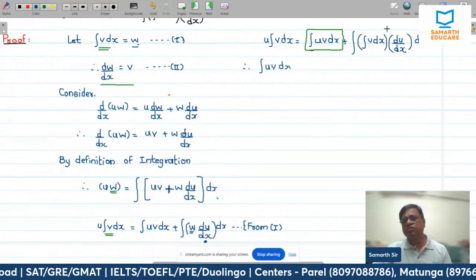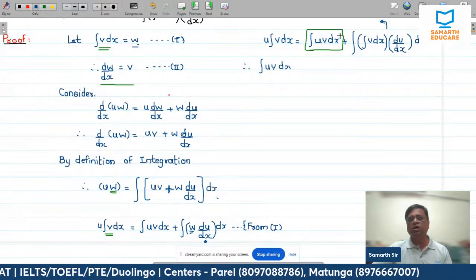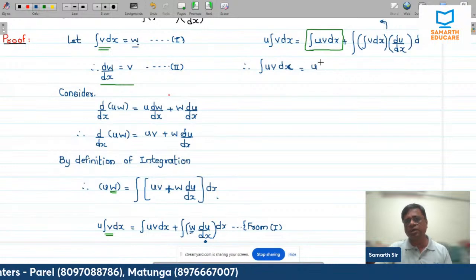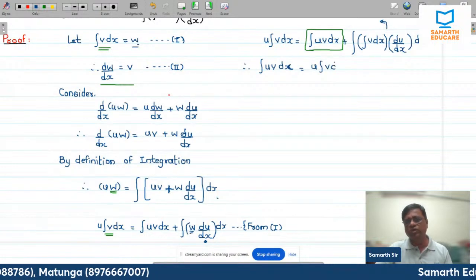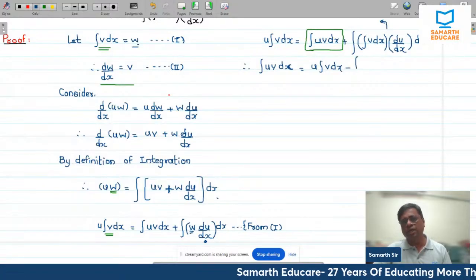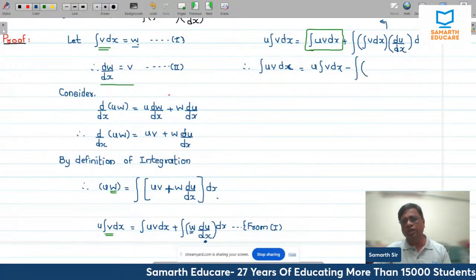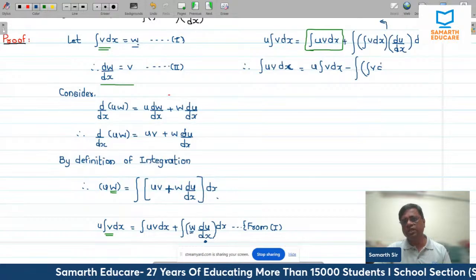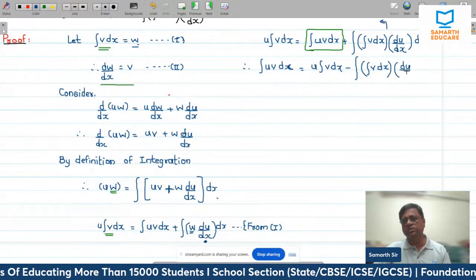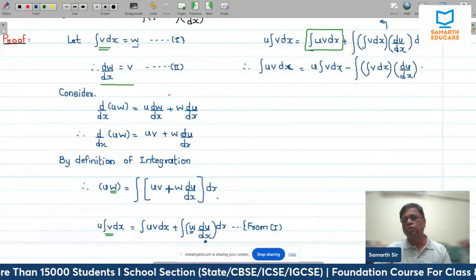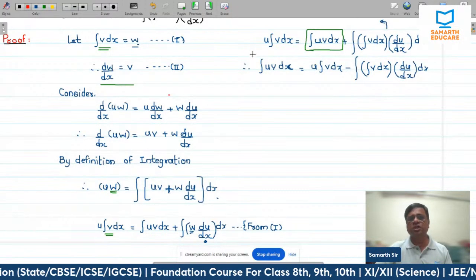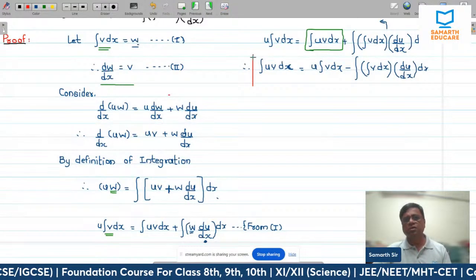That means we are shifting this to the left hand side so that it becomes minus. On the left hand side there is already a term u integration v dx, which is already on the left hand side, and we bring this as minus integration of integration v dx into du by dx into dx, that is with respect to x. So this is supposed to be the last proof